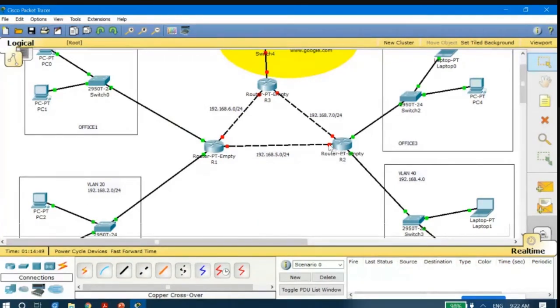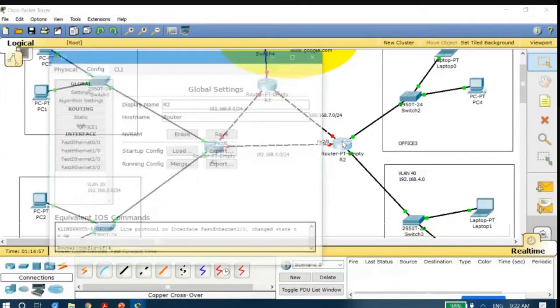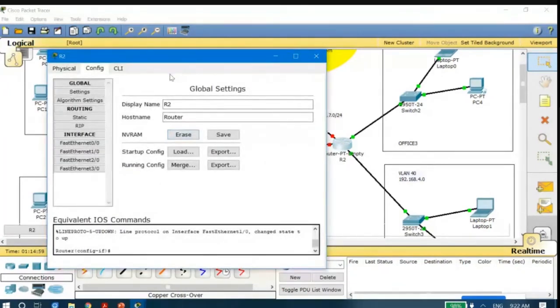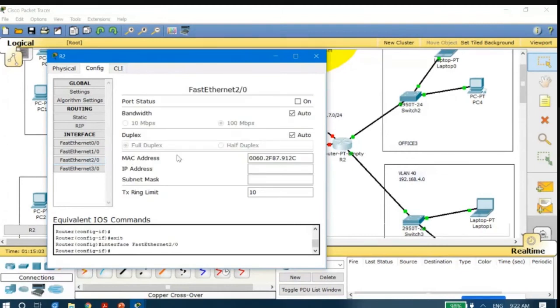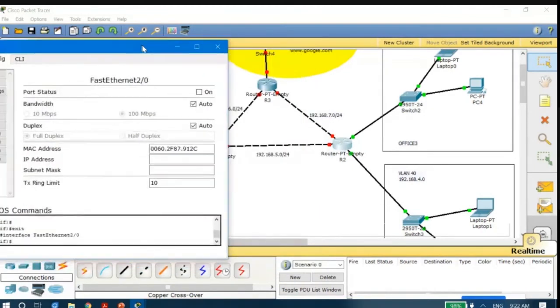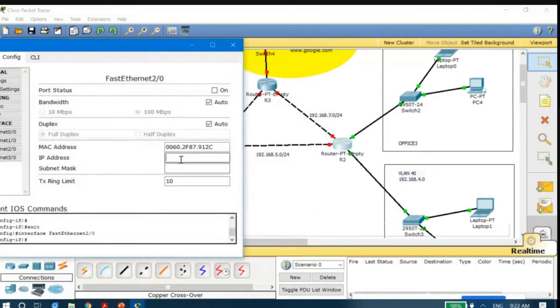Okay, then I have to go to the second router. Again, you could see the second router R2 is connected to R1 using fast Ethernet 2/0. That's why I will click on this router R2, and again I will select fast Ethernet 2/0. Here also I will assign the IP address, which is 192.168.5.